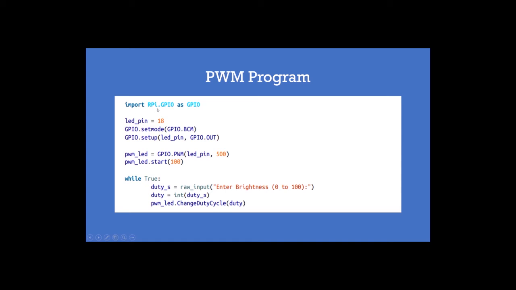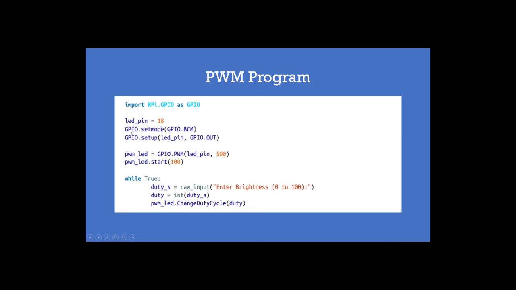The first line here imports the RPi.GPIO library, where all the GPIO functions are available that we are importing into our program. This library is imported under the name GPIO. The second line initializes a variable, LED pin, where we have connected our LED. LED pin in our program is 18, because we have connected our LED at pin number 18, which is one of the pulse width modulation waveform generation output pins.